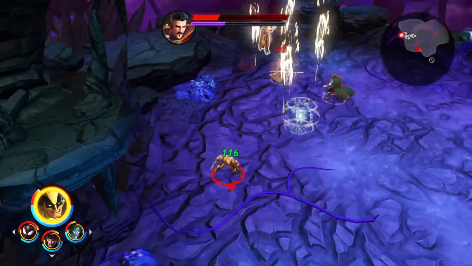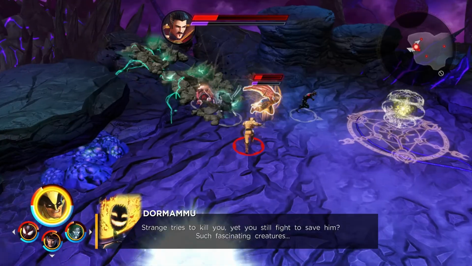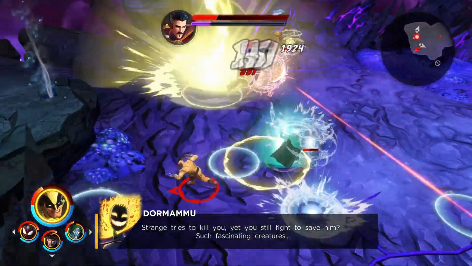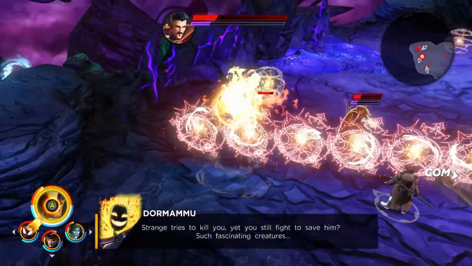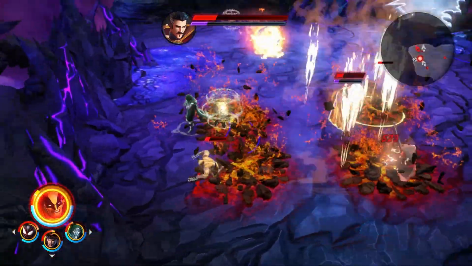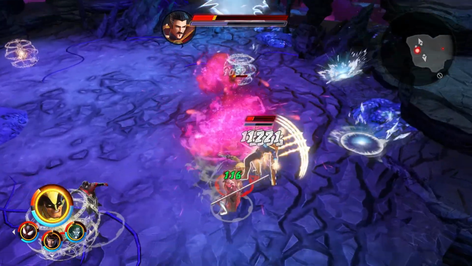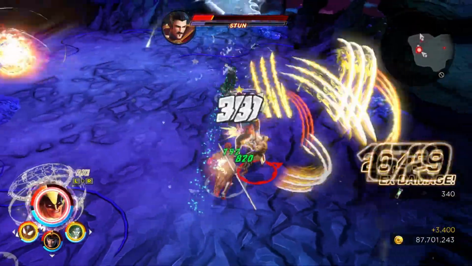The other thing you'll want to keep in mind is that one of Dormammu's attacks has those flame geysers that pop up from the ground. You do have an early warning with the area of effect popping up on the ground right beneath your feet before the geysers actually go off, and you can do a combat roll away from them in order to preserve your own